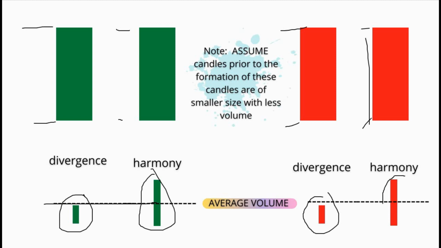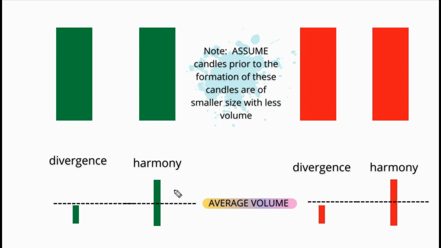It means here not a large quantity of shares have been exchanged between the buyers and the sellers, and here a large amount of shares have been exchanged or traded between the buyers and the sellers. So which has a higher validation? This one. Why? Because prices have moved from here to here in both the cases, but this one has